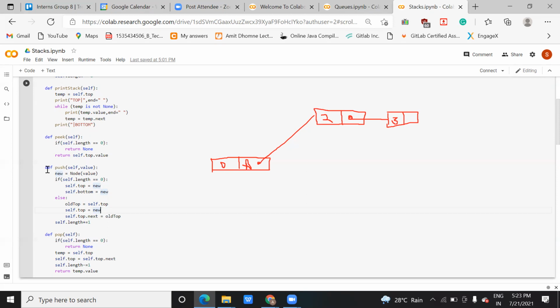I don't understand what new equals Node(value) is. See, it is pointing to the new node actually. Whenever we push, you have to create it in the form of a node, just like this, so that you can switch between the elements. Each node holds some value.